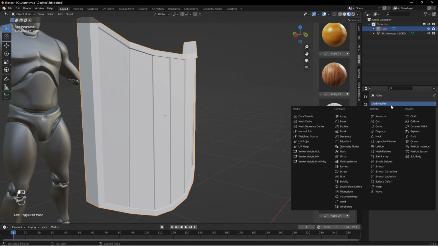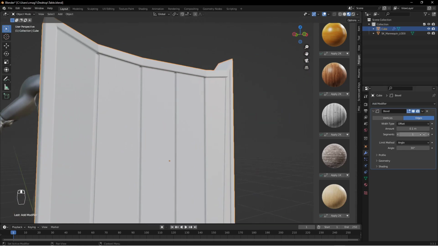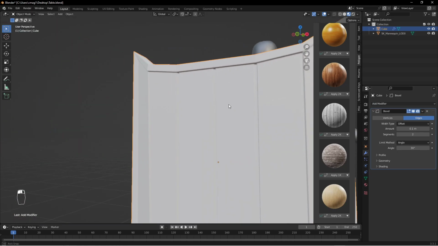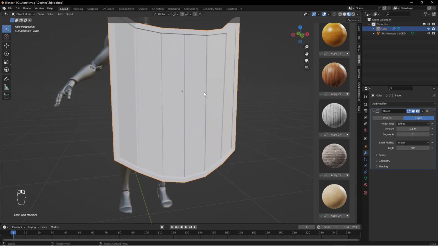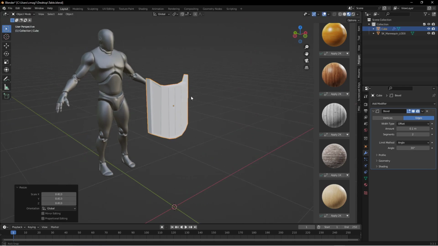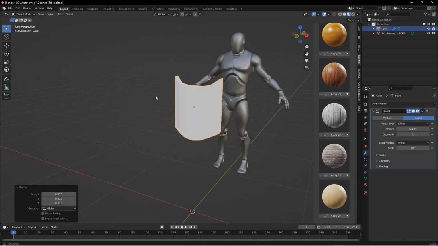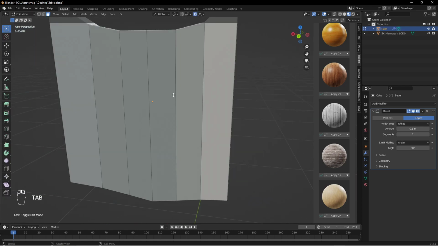Now we can add a modifier of the bevel, just like we had on the other one. Increase its segments. Kind of a big shield. Let's scale it down a little bit. Then over here in the back,